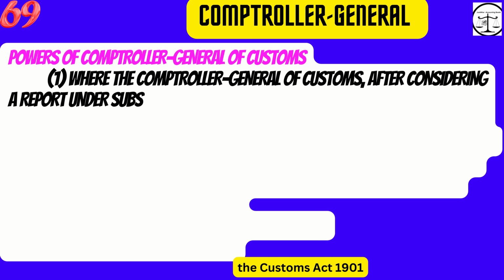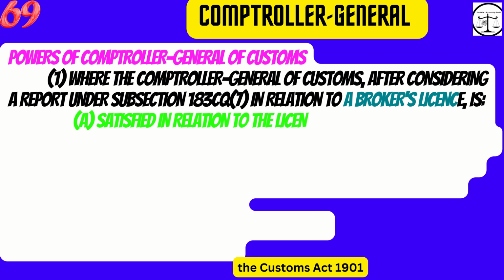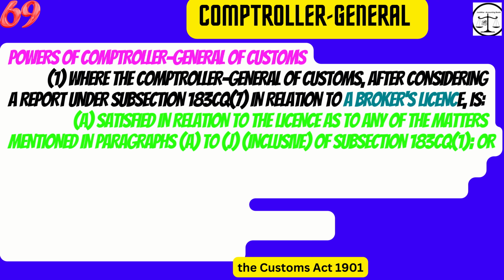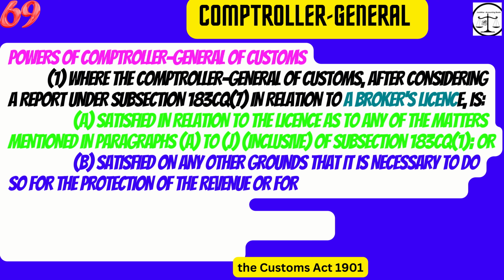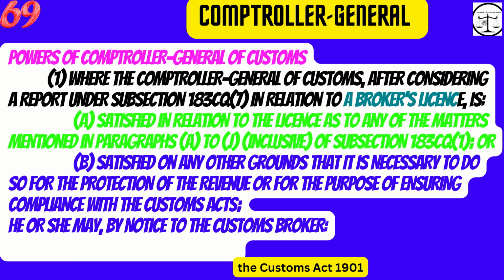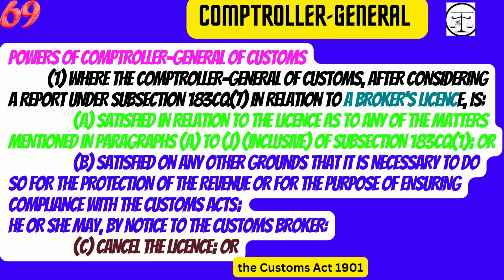Where the Comptroller General of Customs, after considering a report under subsection 183CQ(7), in relation to a broker's license, is A. satisfied in relation to the license as to any of the matters mentioned in paragraphs A to J, inclusive, of subsection 183CQ(1), or B. satisfied on any other grounds that it is necessary to do so for the protection of the revenue or for the purpose of ensuring compliance with the Customs Acts,